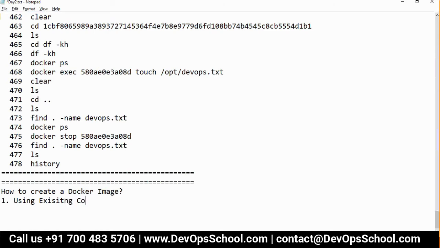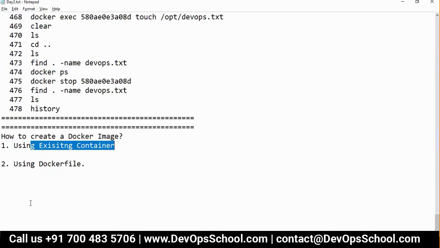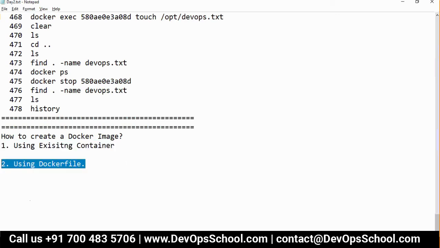And method number two is using a Dockerfile. These are the two ways in which we create an image, using an existing container and using a Dockerfile. First time we will do this one, and then second time I will do the other.